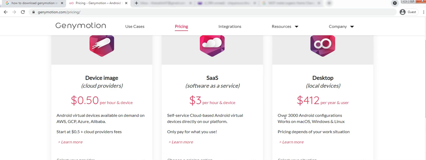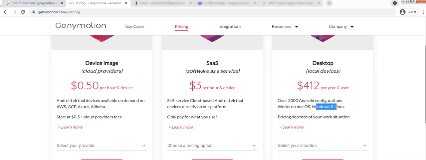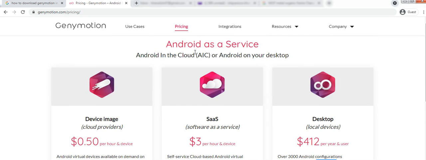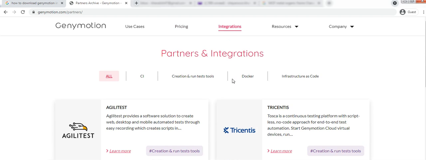In that case, over 3000 Android configurations work on Mac OS, Windows and Linux. So this seems good value for money, so it is okay. And let's take a look at what other integrations they are providing. They have Cherry test and Tricentis integrations available, so these are quite good. And here is the download for